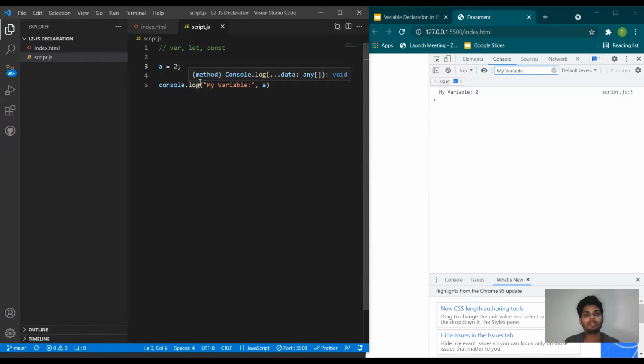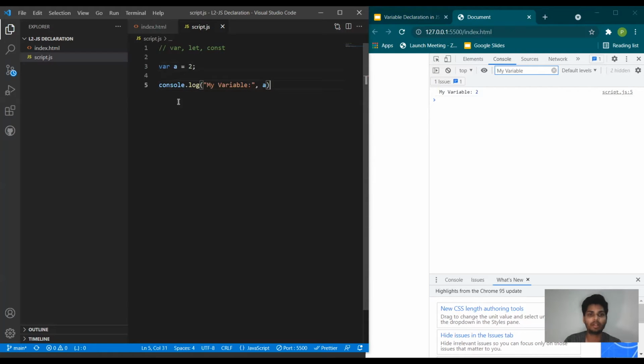Now the other things which we have here are var, let and const. When you declare a variable without anything, it is automatically declared with the help of var. That is an internal change which happens, but that is how JavaScript works. So internally it has gone something like this. It has become var automatically.